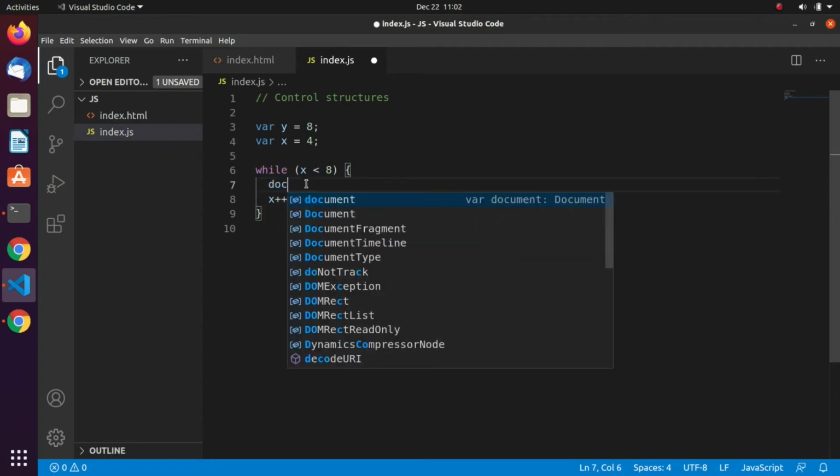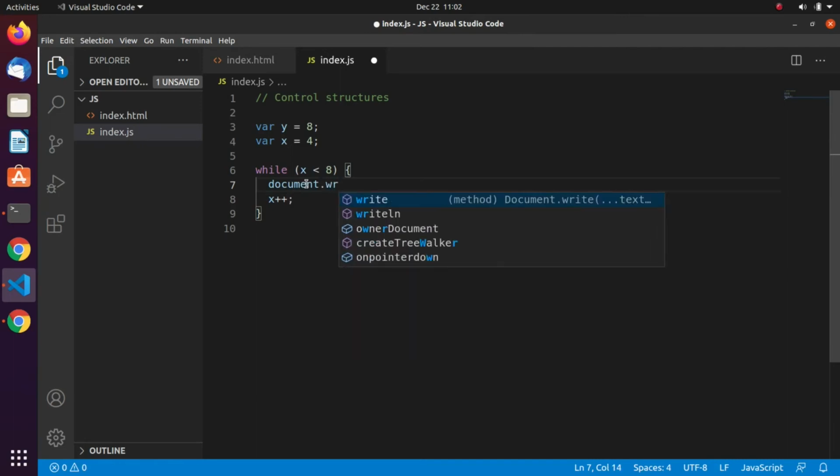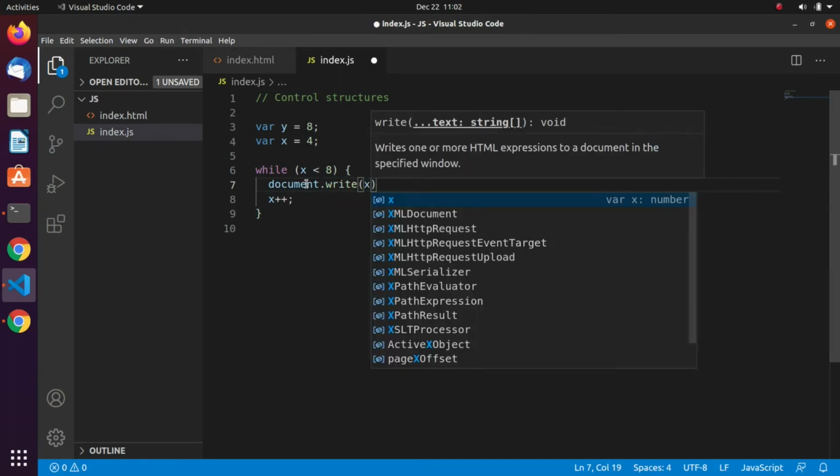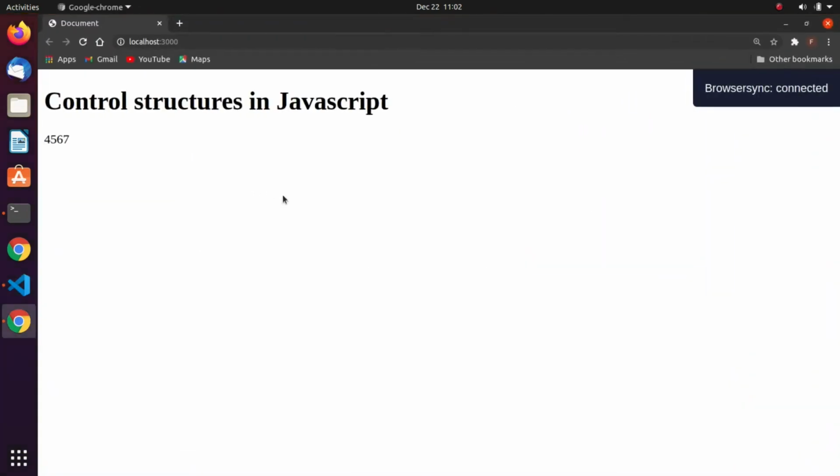Let's do something like document.write, which prints the value of x. Let's go ahead and see what it shows.